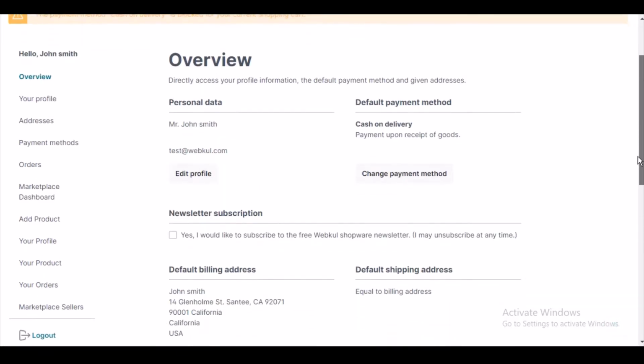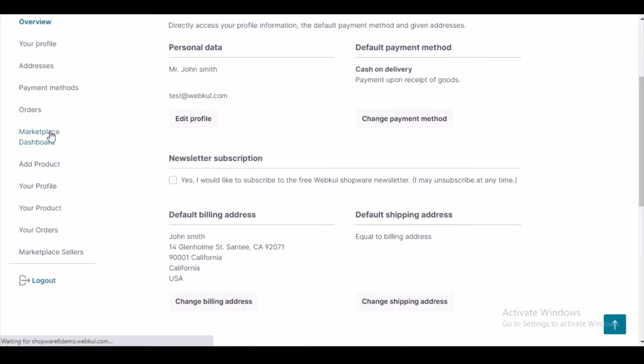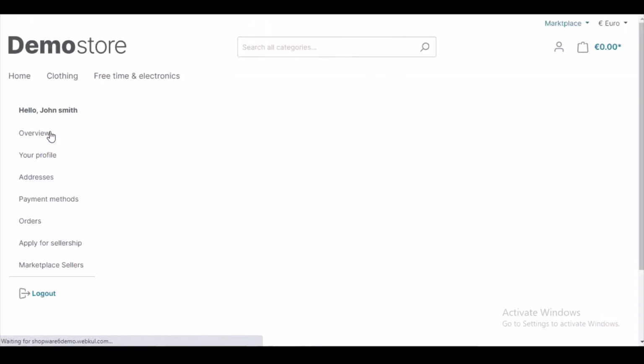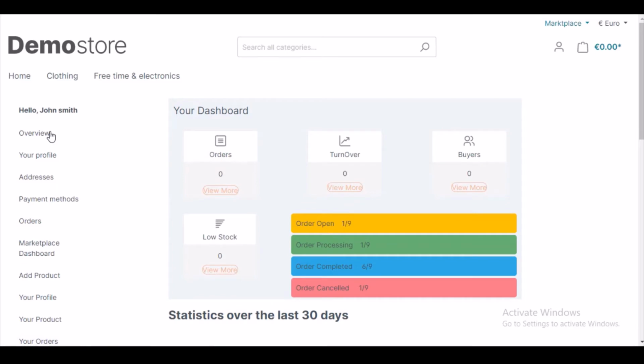So the very first one is the marketplace dashboard. Let me click on this. Clicking on this after the login, the marketplace dashboard will appear as shown here on the screen. After clicking on the dashboard, the seller can see the complete statistics for his store account. The seller can see the pending orders quantity, the number of orders in process, complete orders quantity, number of orders cancelled. Moreover, the seller can also see the following details like the total number of orders that have been placed